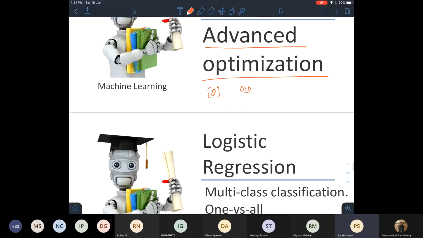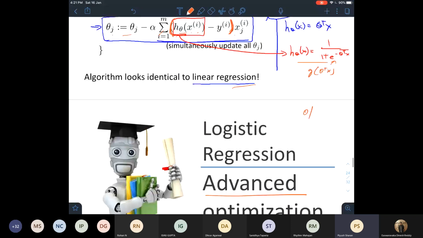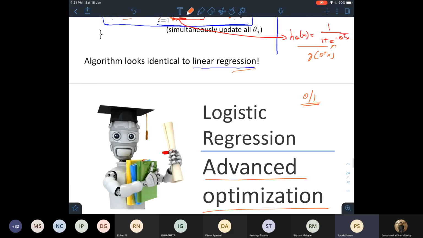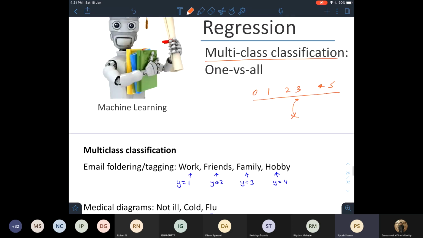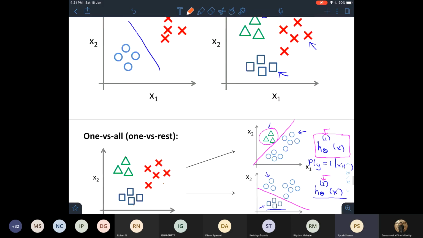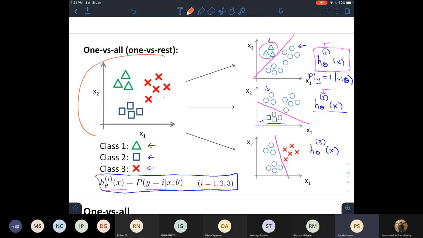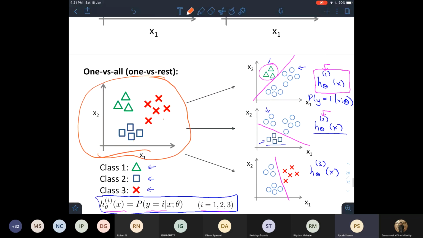All right, so that concludes our part for binary classification, for 0-1 classification. I hope you get that. But what if there were multiple classes, right? Say I had 0, 1, 2, 3, 4, 5 as my classes, and I had to classify an image or something into one of these classes. So what would we do then? For instance, say this is my problem. I have 3 classes. So it is exactly similar to above.